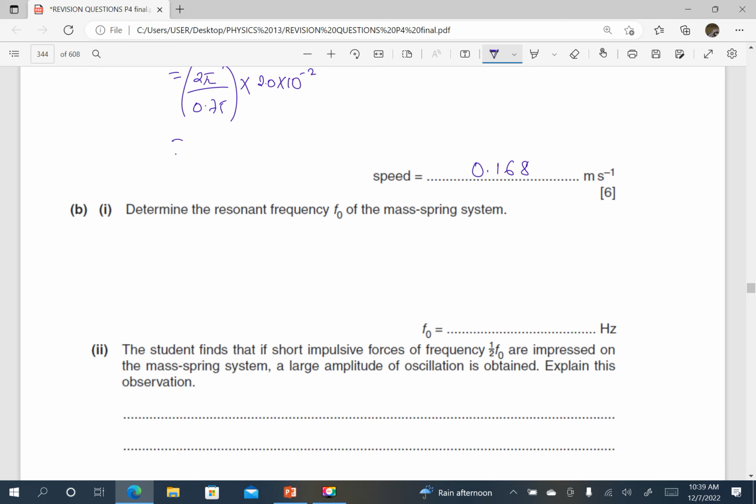Determine the resonant frequency f0 of the mass spring system. Resonant frequency is the driving frequency which is matching with the natural frequency of vibration. Driving frequency matching the natural frequency of vibration. Of course, this we just get from the graph. We know that omega is equal to 2 pi